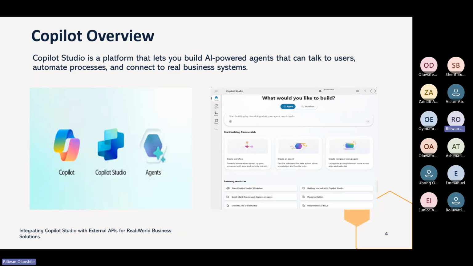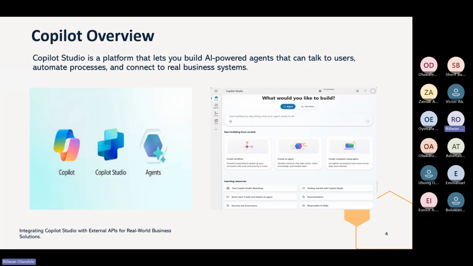Now, when we talk about Copilot Studio, which is basically why we are all here today, which is the fun part that I actually like a lot, Copilot Studio is the platform. Just take it as a low-code platform that Microsoft has built to allow people, citizen developers, basically anyone who knows their way around, to be able to build and extend their agents, embed them wherever they want, and all like that.